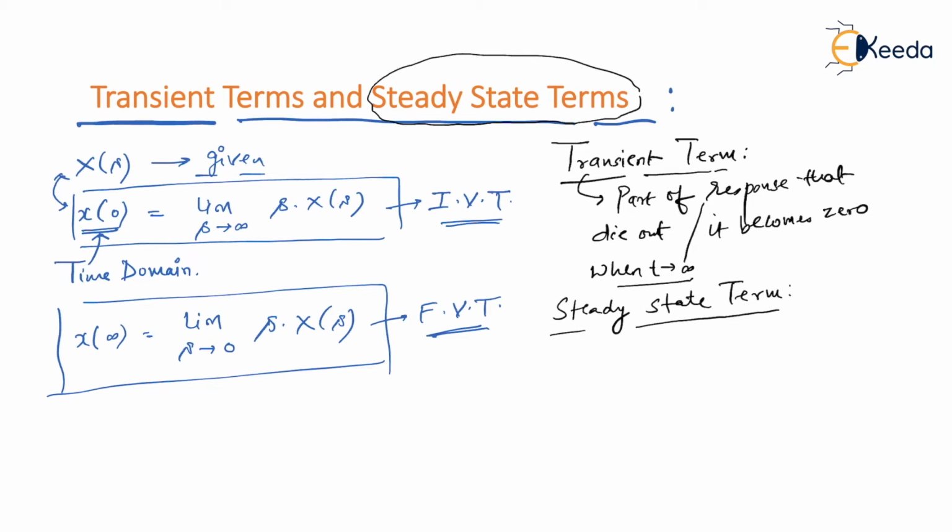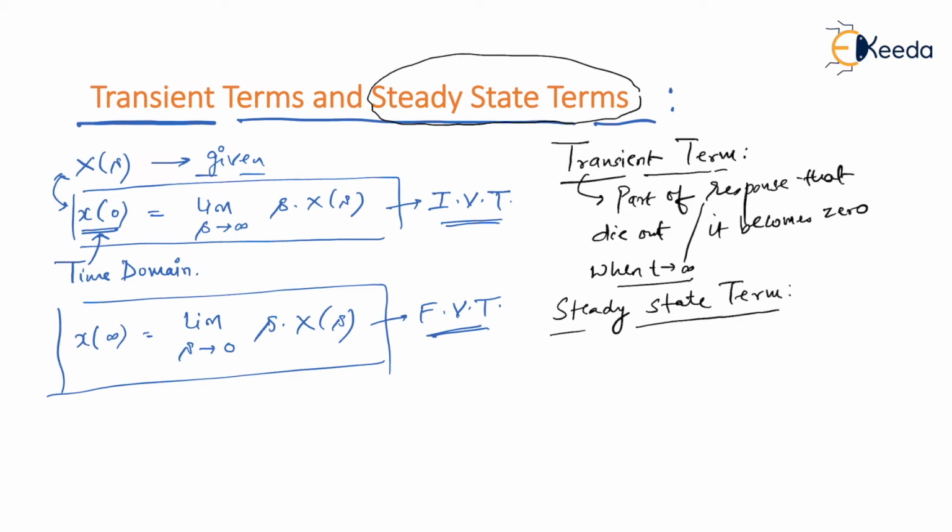Why is this important to know? Because if you don't understand this, you won't understand the logic behind the initial value theorem and final value theorem. And if you don't understand these terms, you are incapable of solving the problems which are based on the same topic. So it is essential to understand the theory behind it. So let us see what a steady state term is.